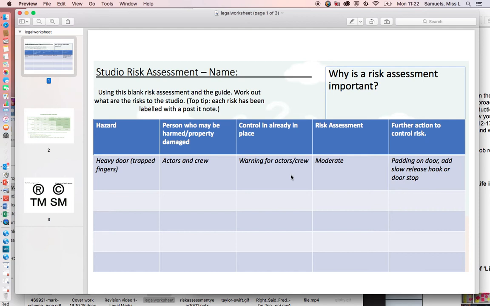What's bad about it? Well, it's got gaps. There's only one thing covered, so we maybe need to think about other options. It's also not very detailed in terms of what extra things could be added or done, and it's not clear as to what would be done in terms of harm or property damage.